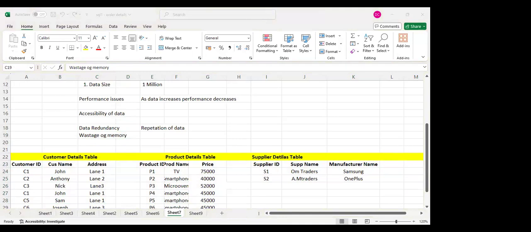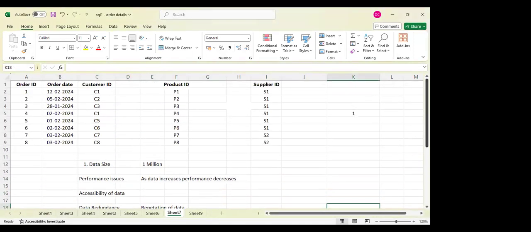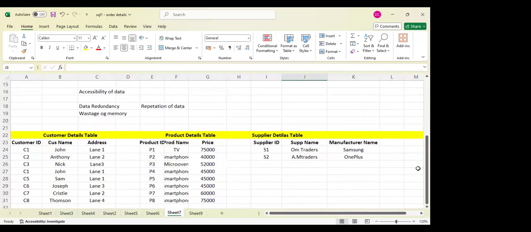Because as data is repeating again and again, I will face the problem of wastage of memory. My memory will also get wasted if I store the same data again and again. So by storing like this, we will get rid of this issue too, that is wastage of memory. Okay. And